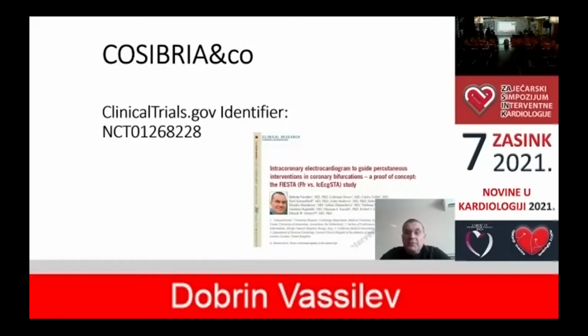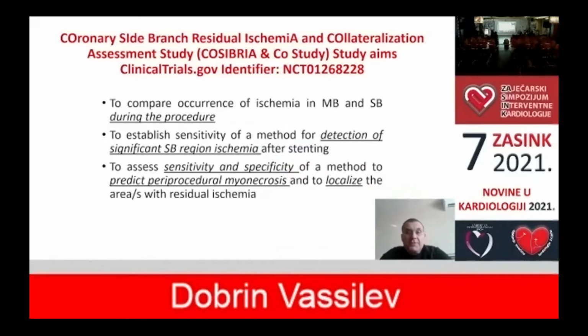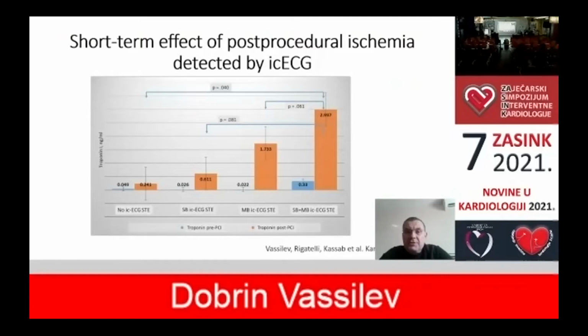Yes, the study about the application of ECG bifurcation lesions. We started 10 years ago with the procedure study with the aims of the detection of ischemia during the procedure. We also intend to detect the significant side effects associated with this method and to assess the sensitivity and specificity of this method to predict post-procedure drop and eventually to localize the region of this post-procedure increase in myocardial necrosis. What we observed was that there was a linear correlation between the region of ischemia detected from the peaks of PCI wires and